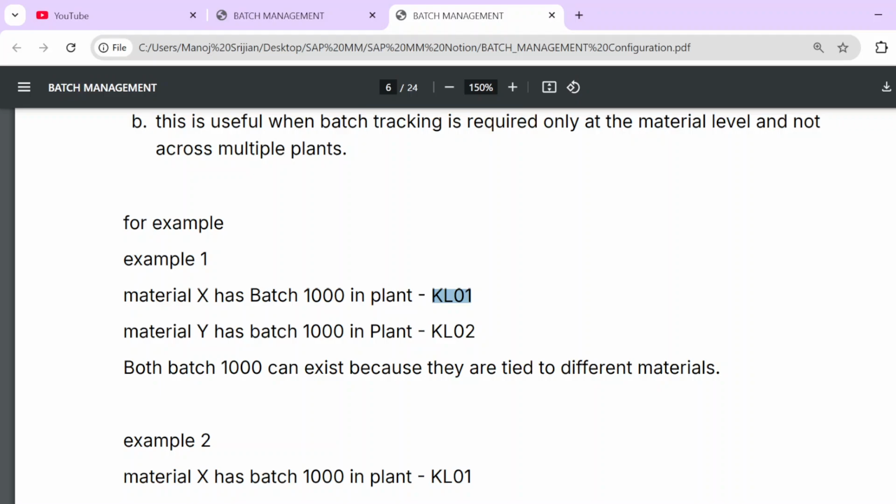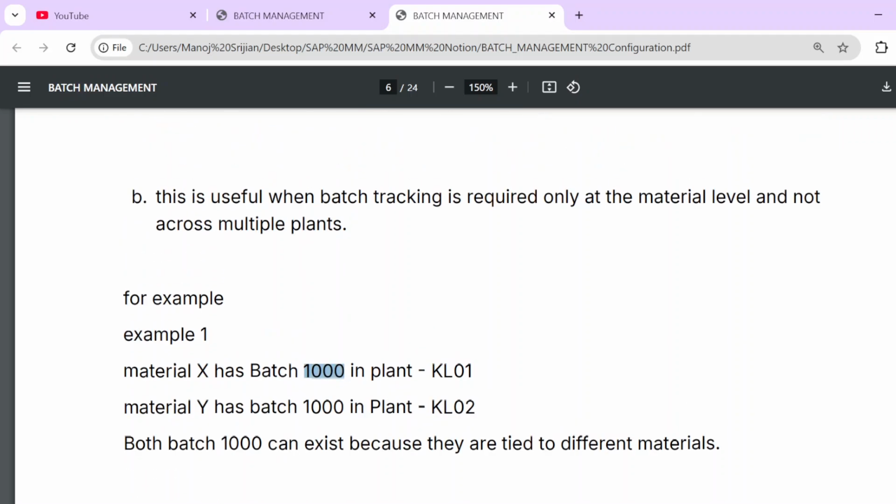Material Y, a different material, in another plant can also have the same batch 1000. So both batches 1000 can exist because they are tied to different materials. For material X in plant KL01 it can have batch 1000, and for material Y in plant KL02 it can have batch 1000 also.